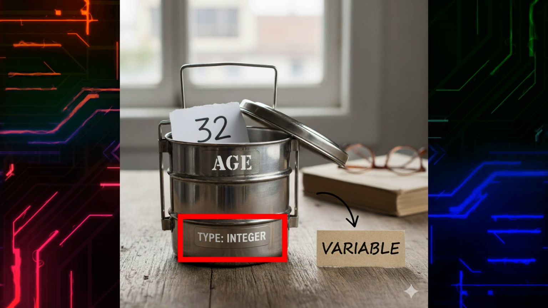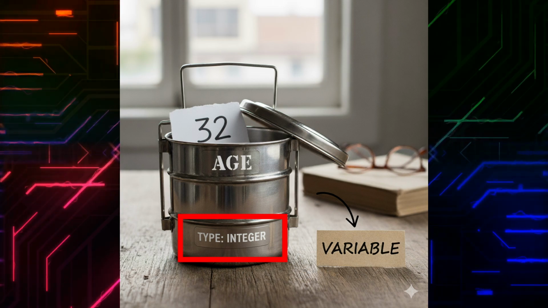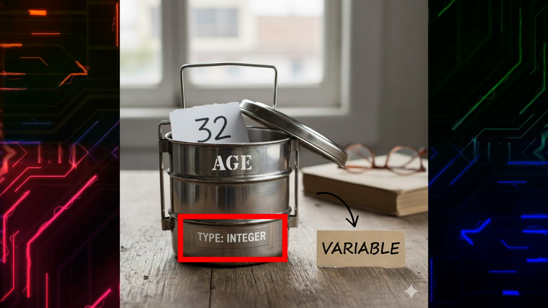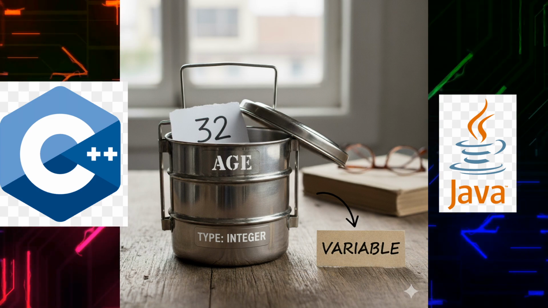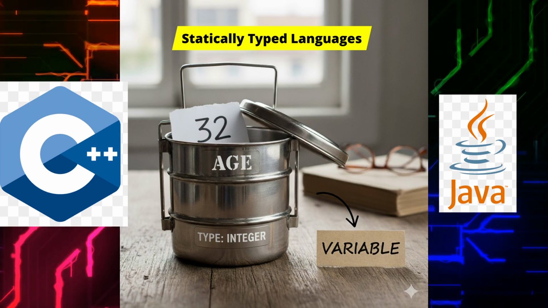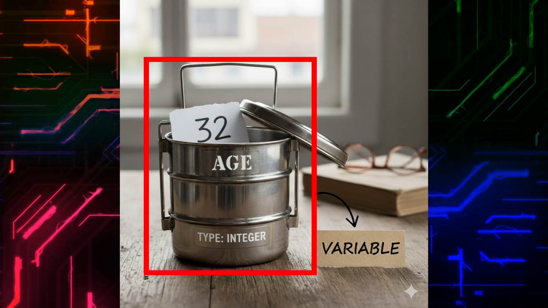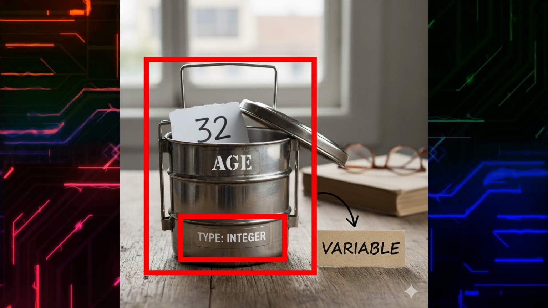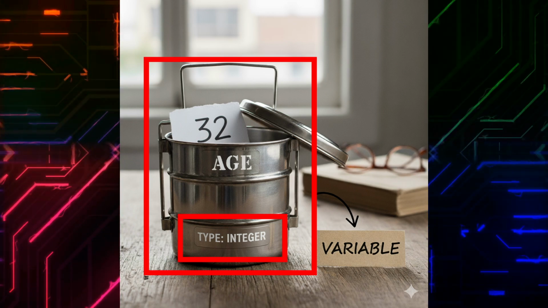In a complex language, you'll have to declare that this box only holds numbers and that you're calling it age. What this means is, in languages like Java or C++, or I shouldn't say complex languages, that would probably be the wrong term to use, I would say statically typed languages. Statically typed means when you are declaring a variable, in our case the storage box, you are explicitly stating to the machine, hey, listen, this storage box will only contain numbers. That's how you statically type.